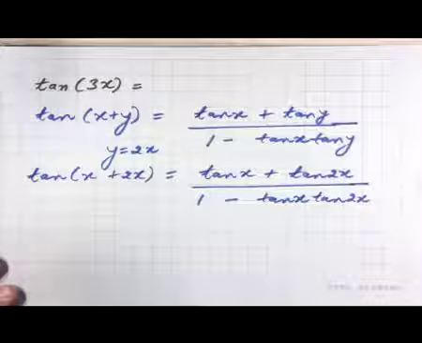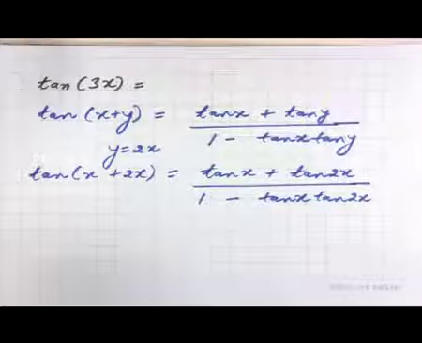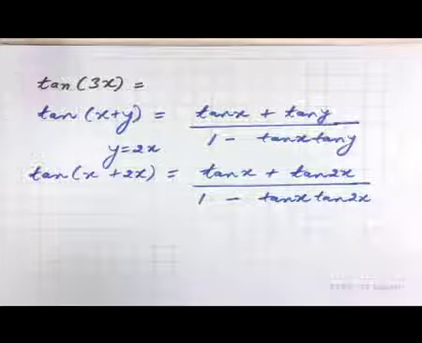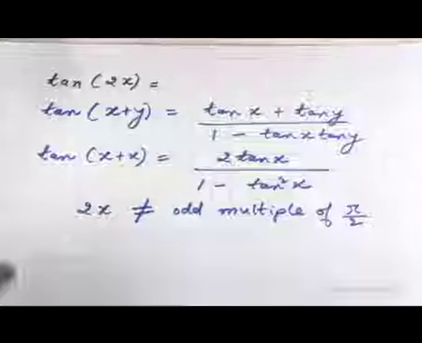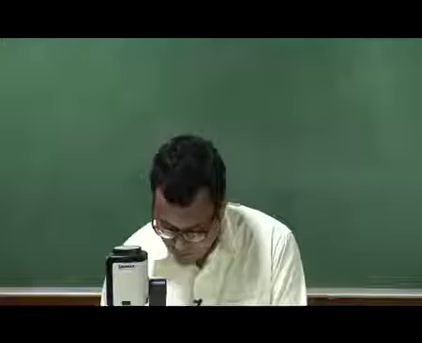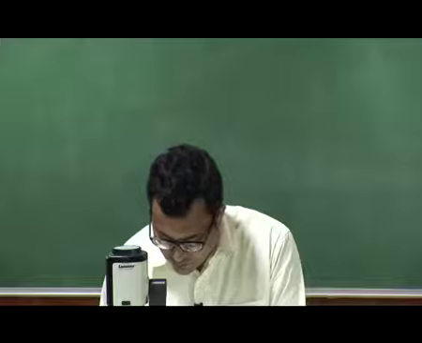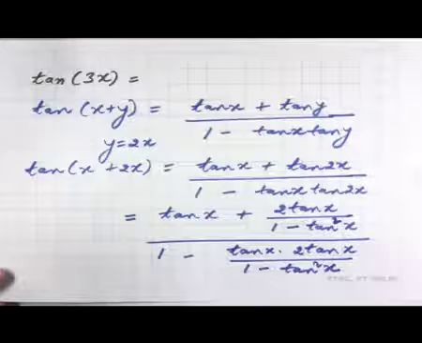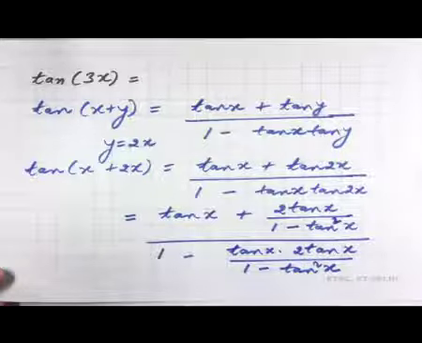And then we use the expression of tan 2x from the previous slide, which I just reproduce again for your convenience. So, tan 2x is 2 tan x upon 1 minus tan square x. So, using that expression here, what we get is tan x plus 2 tan x upon 1 minus tan square x, upon 1 minus tan x times 2 tan x by 1 minus tan square x,